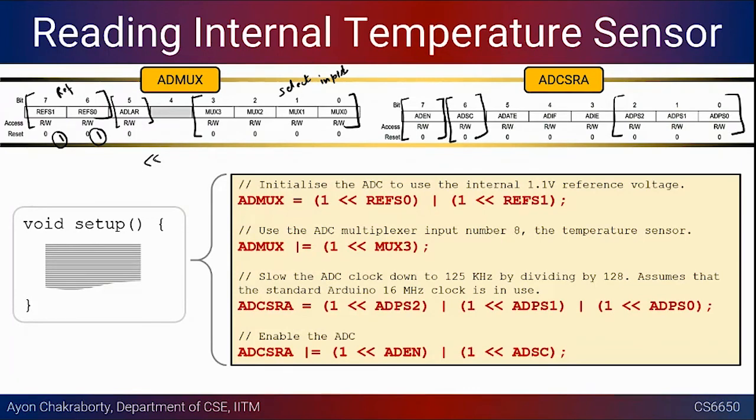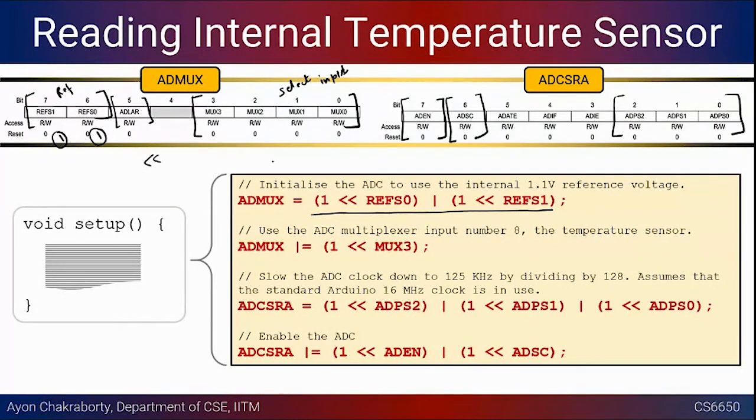Okay. So is there any problem in understanding how this bit shifting is taking place, or is there any problem with the syntax? What is going on? Okay. So this is 1 followed by this many zeros, and this also is like 1 followed by this many zeros, and then you do inclusive OR, right? And that is your value of the ADMUX. So till now, what you have set is 1 1 and the rest are zeros.